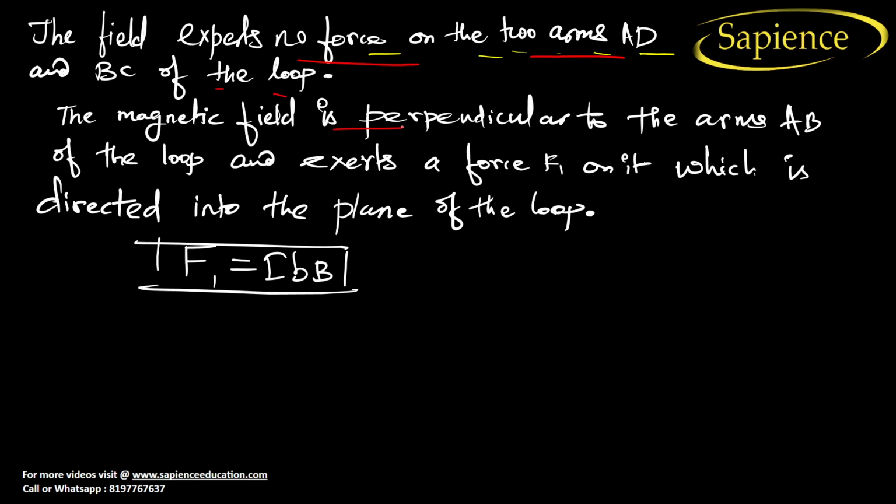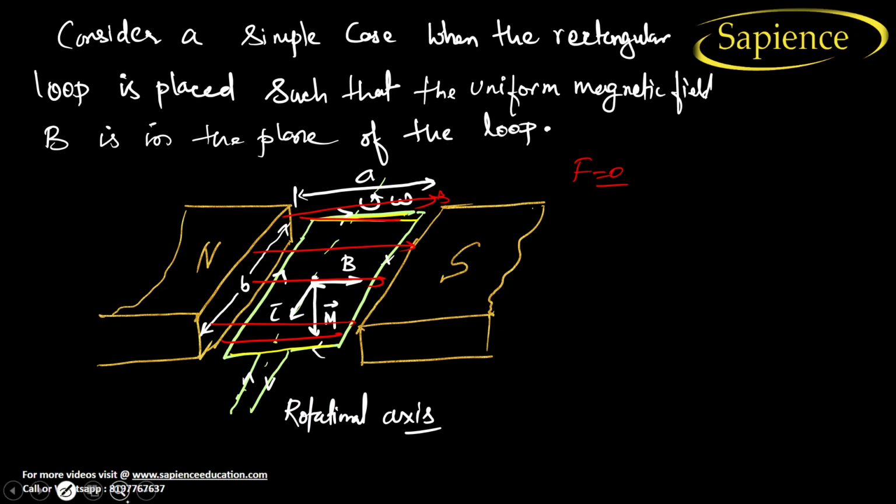The magnetic field is perpendicular to the arm AB of the loop, and there is an external force F1 on it, which is directed into the plane of the loop. So let us consider this arm AB, right? In this arm, the force is acting. So if you use Fleming's left hand rule, what will happen? As per Fleming's left hand rule,